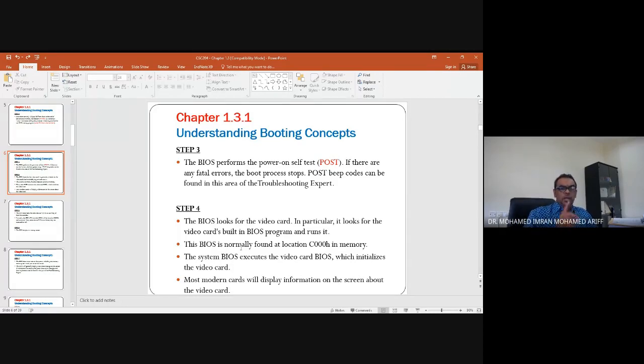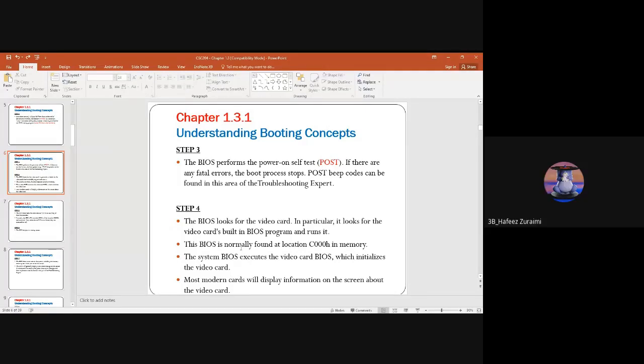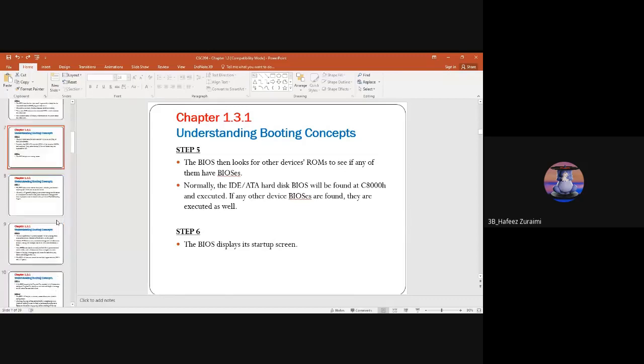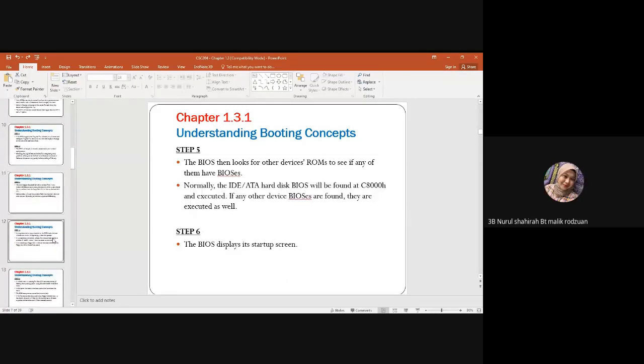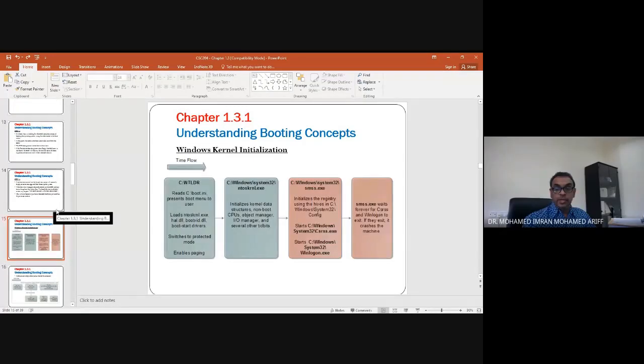Okay, so this is very important. What is the function of a bootstrap program? To locate and to load. Locate what? Locate the operating system files inside the hard disk. Next, to load the files inside the main memory. Are you with me? Yes, sir. Yes, sir. So this is the most important thing for today.